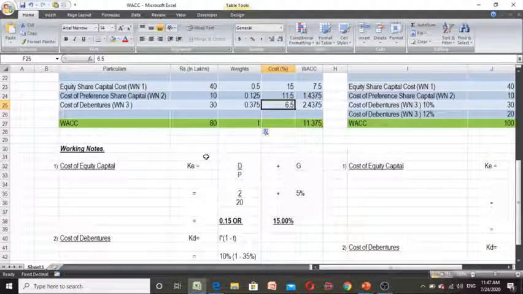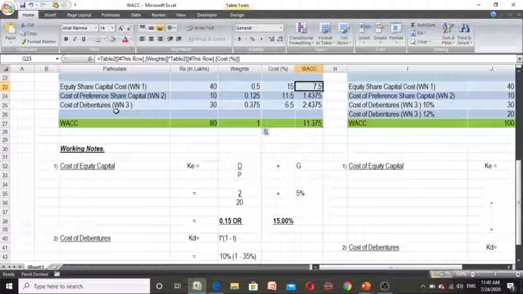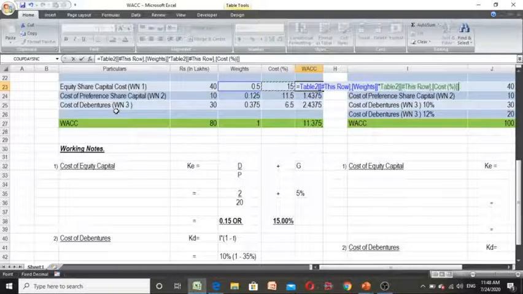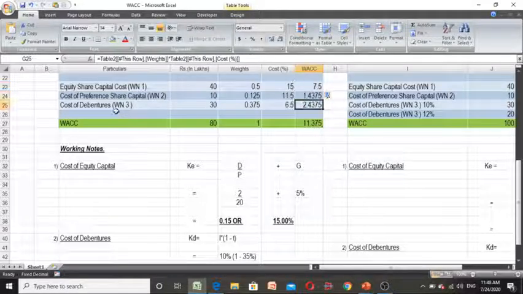Alright, so I got the cost of all the relevant components. I got the cost of equity share capital, I got the cost of preference share capital, and I got the cost of debentures that the company is incurring. Alright, now finally what I have to do is find the WACC, which is nothing but the weighted average cost of capital. For that, what I will do is a simple task. Multiply the previous two columns, that is, weights into cost. So what I do is I press equals over here, weights into cost, enter. So what I get, similarly you have to do for all the three rows and get the final answer as